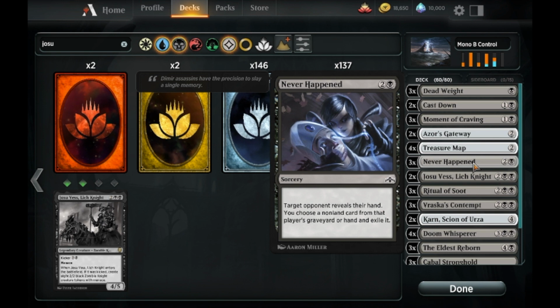Running 3 Never Happened. Mono black has some difficulty against a couple different things, especially enchantments, artifacts, and things of that nature. And so Never Happened can help us remove those things from people's hands. Plus, it can hit early things such as Carnage Tyrant and exile it so stuff like Golgari can't get it back. Not only that, but you can exile cards from players' graveyards, so even if they have nothing in their hand against Golgari, you can exile things in their graveyard so they can't find Broker at Eldest Reborn, find Finality,